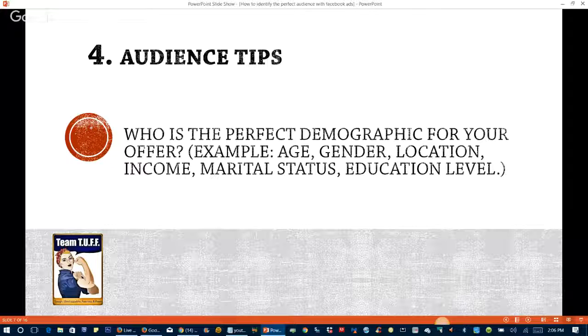Education level. Is your best client somebody who is very well educated, or a college student, or somebody who isn't? Depending on what you're marketing, it may be better to target people that do not have a college education. These are just questions, and you should write these down, because a lot of times people get stuck after about their third or fourth iteration of testing, and they don't realize there are so many more ways to find a really great audience, and this is just the first step in narrowing that audience.